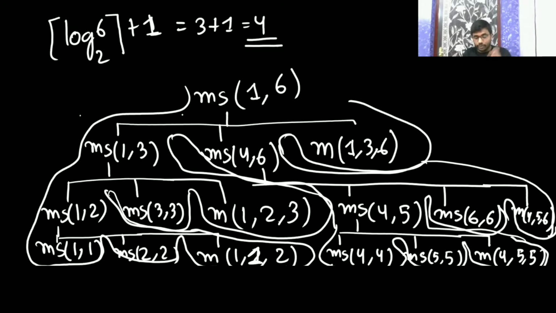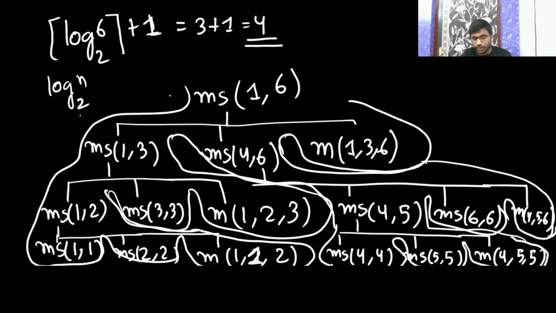See, I have told you that in a recursive function, the space complexity, the length of the stack you require, is the height of the tree. Whatever the height of the tree is, that many stack cells we require. Are you getting that? So for this recursive function, the space complexity, if the size of the array is n, is going to be log n base 2, because overall it's going to be log n only. Please let me know whether it is clear or not.